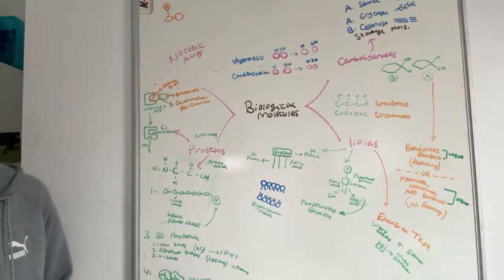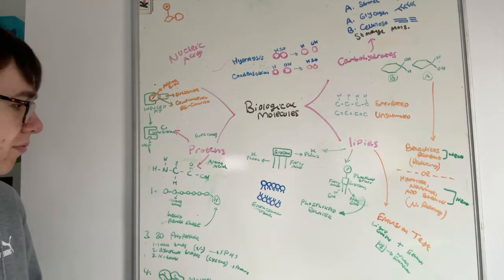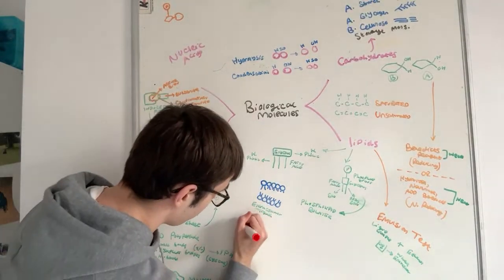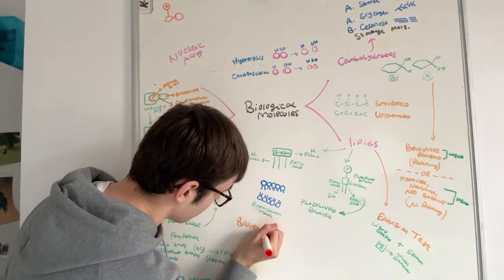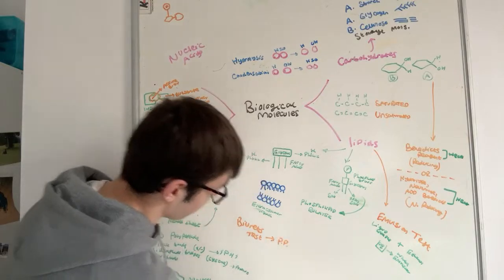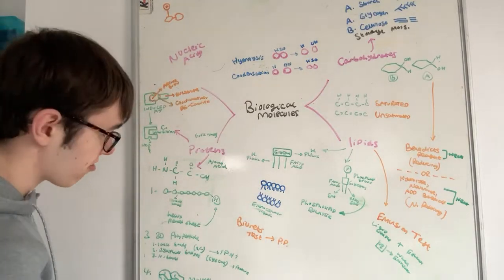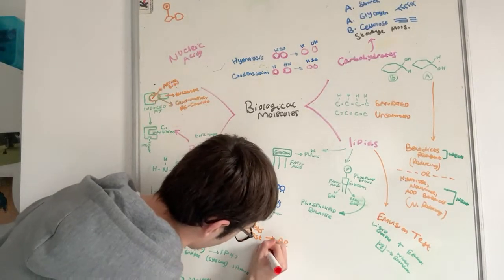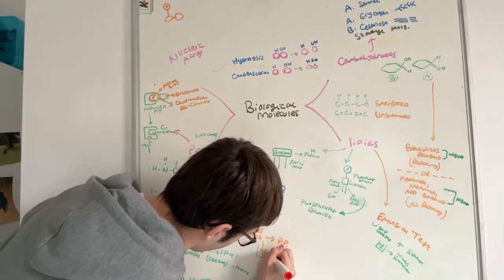And then finally, the other test is a protein test, which is the biuret test. This one is easy, it's just purple for proteins. Basically, that's it. You just add it to a sample and heat.